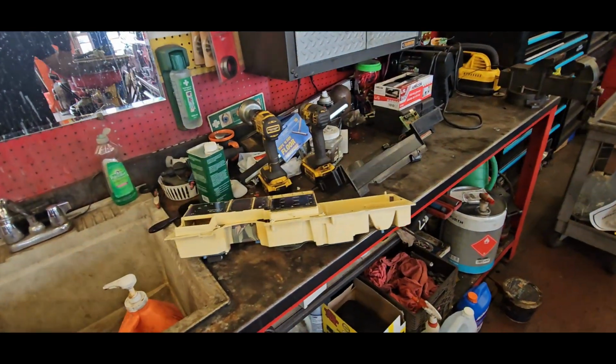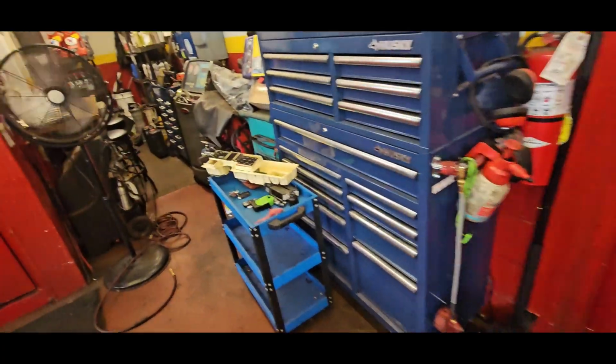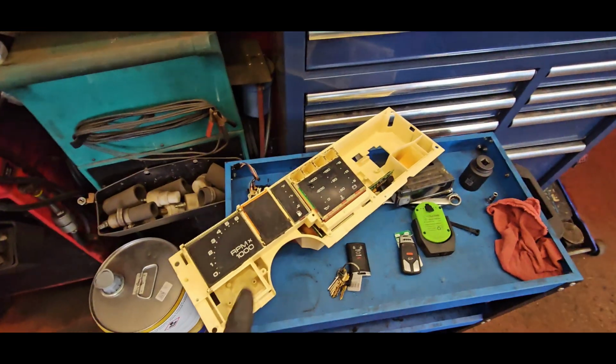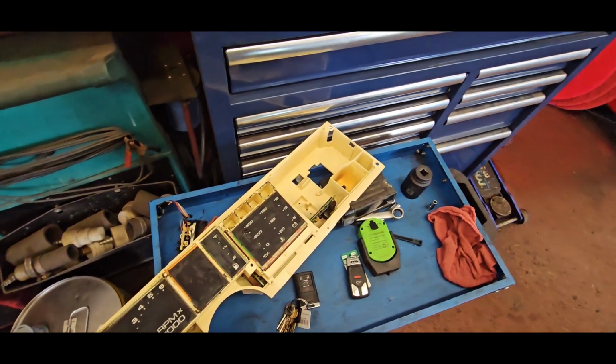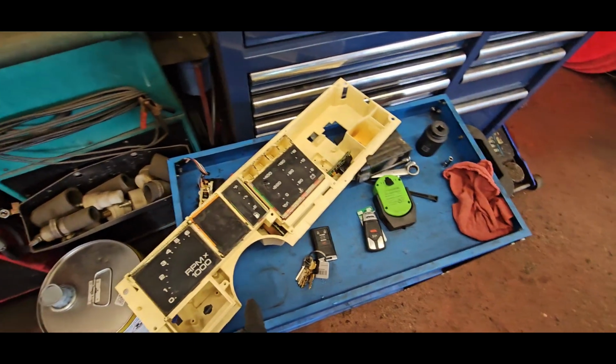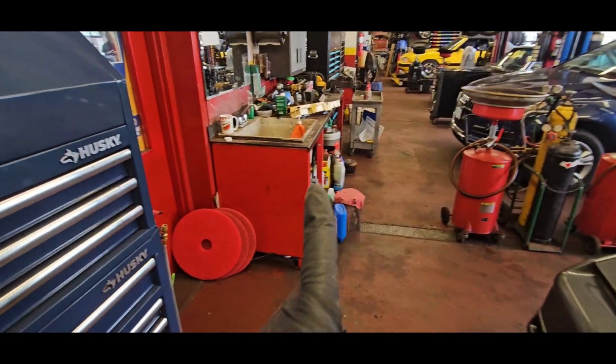Alright, here's what I got. So let me turn the fan off. Little one. So, this is the spare parts dash that I got with the car. And the one that came out of the car, which is over there, just so I don't get them